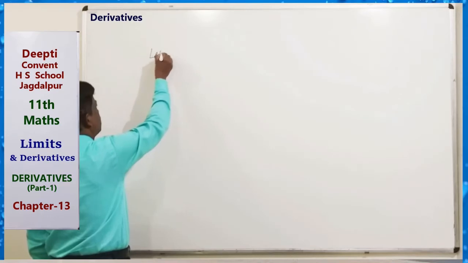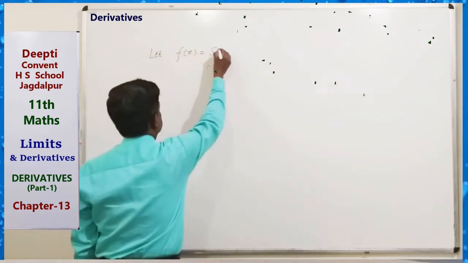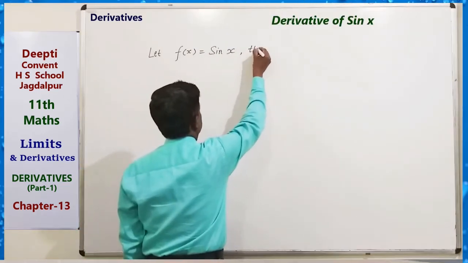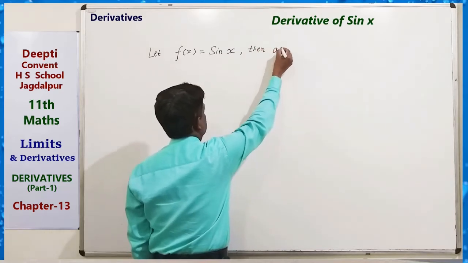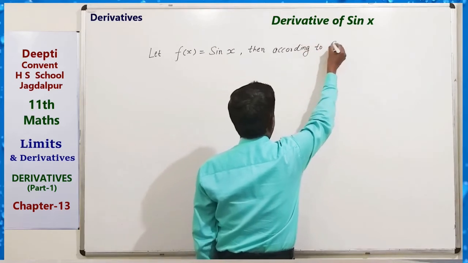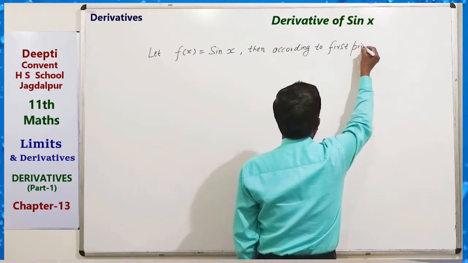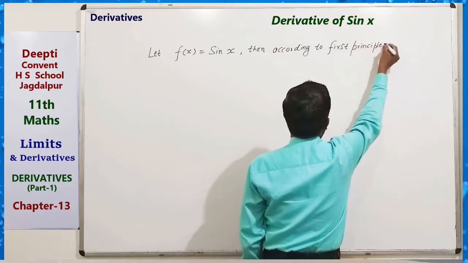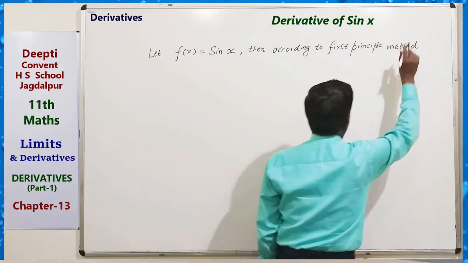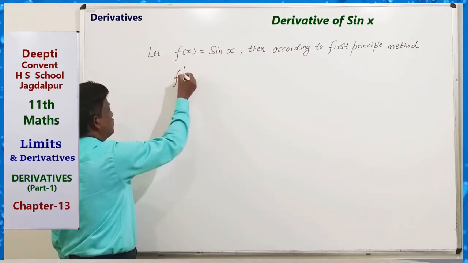Let f(x) equals sin x. Then according to the first principle method, f dash x equals